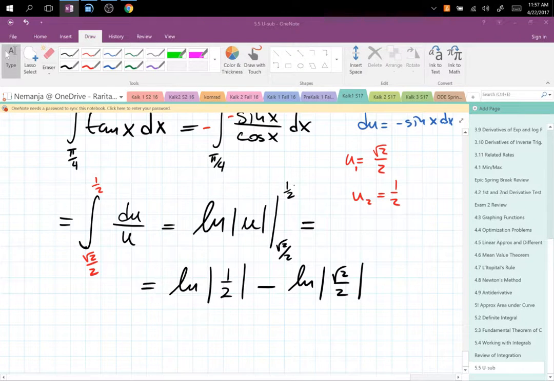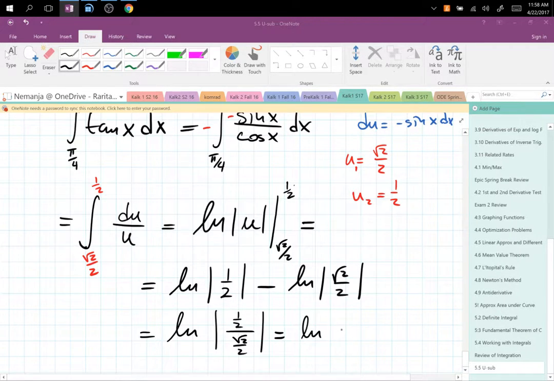Now you can bring them together as 1/2 divided by root 2 over 2, which is ln of these guys cancel, so you get 1 over root 2, which eventually is root 2 over 2. That's a positive value, so you don't need the absolute value anyway. There you go. Which could further be written, if you need it, as ln